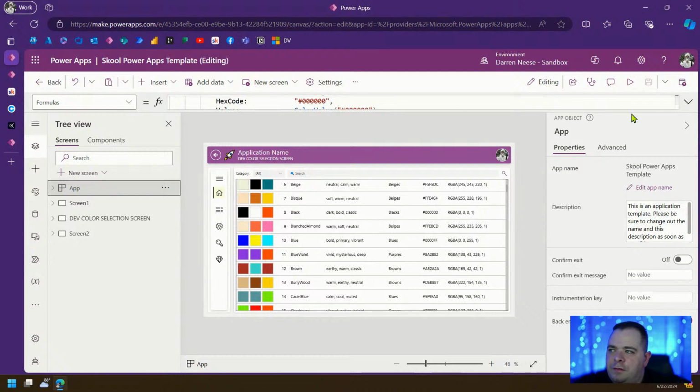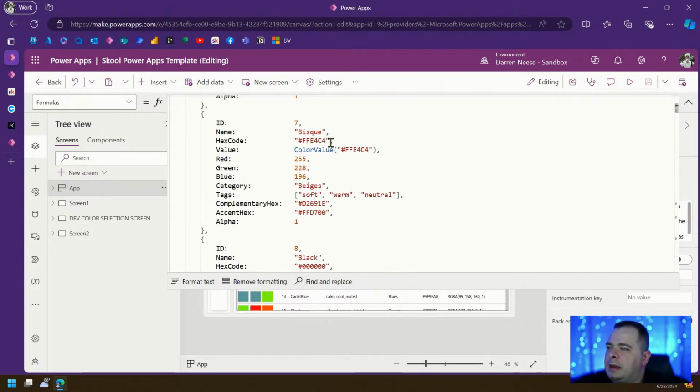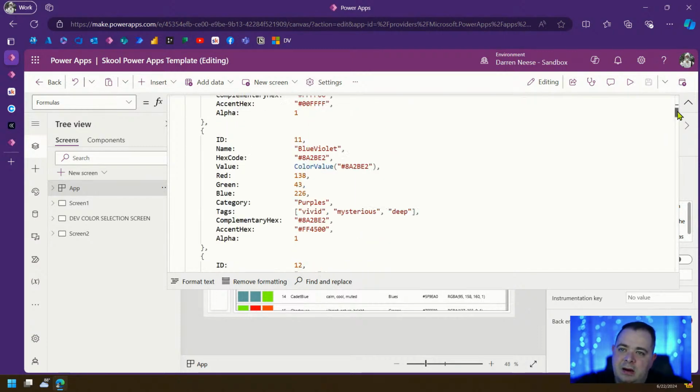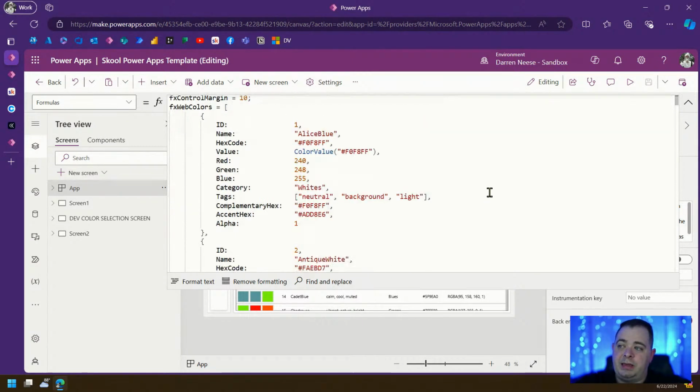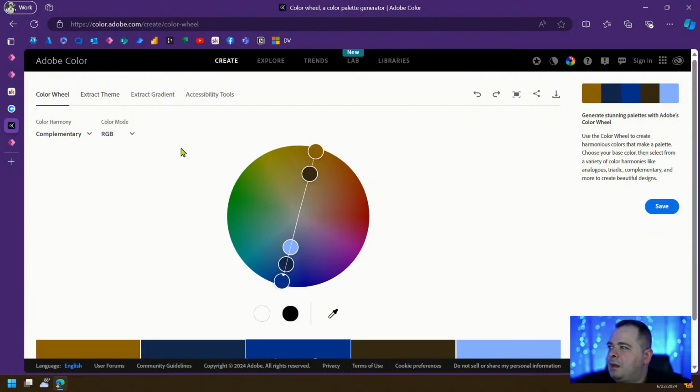So let's go back over to app.formulas. And as you can see, we've got tags, we have a category, we have a complementary hex, we have an accent hex. Now, what we could do if we wanted to take our time and make sure this is really nice, these are just like things that an AI output. Okay. So if I were to take this hexadecimal color, Alice blue, take it over to Adobe, and